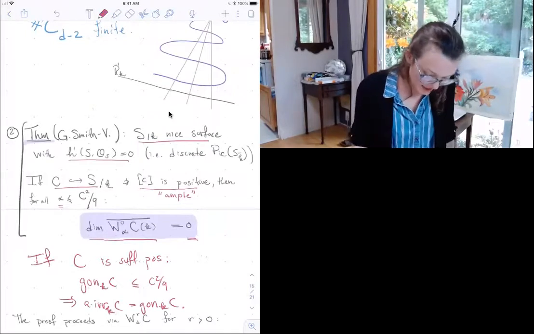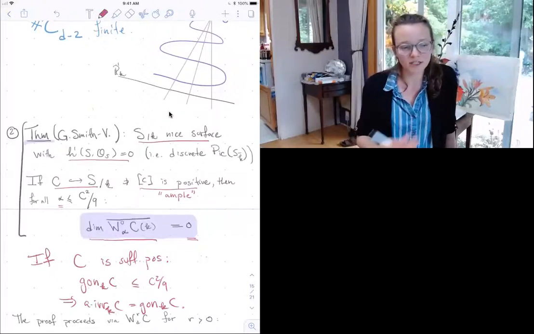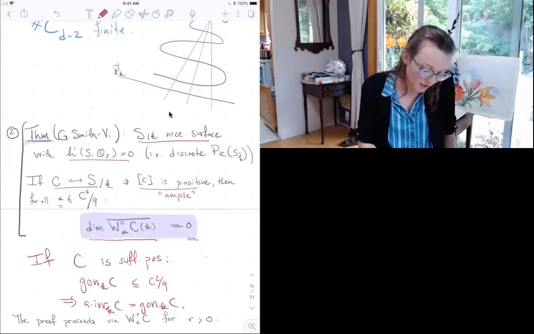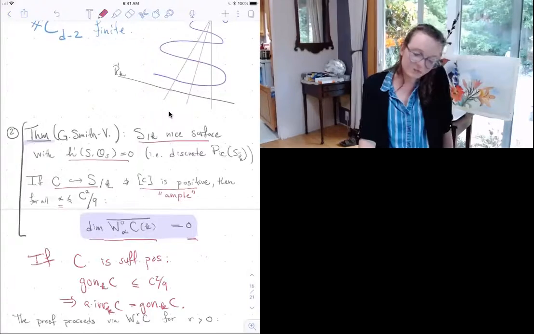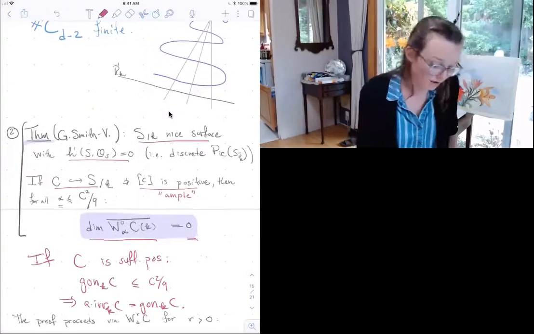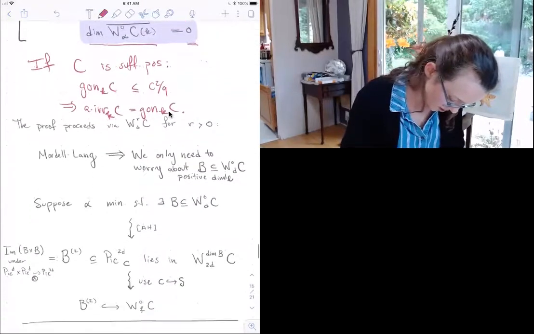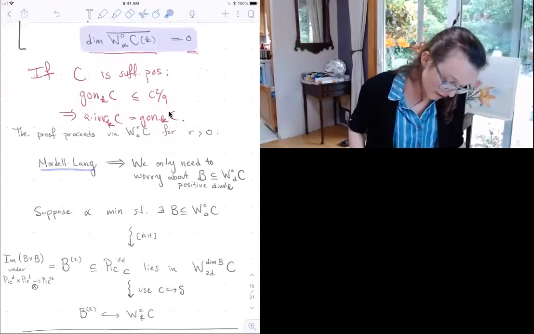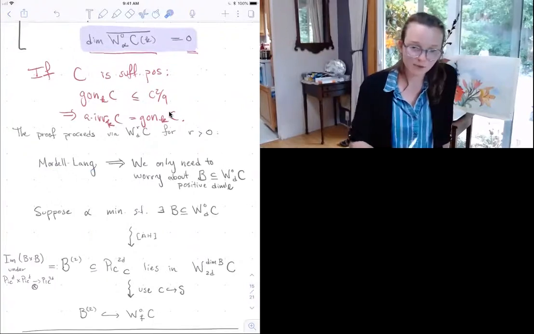Okay, so I'm not going to sketch the proof for you. I just want to show you the circle of ideas that go into the proof, because I'm proving results about W^0_alpha of the curve, but I'm going to proceed via W^r_d of the curve for r greater than 0. And I'm going to play these different Brill-Noether loci off of each other. Okay, so by the Mordell-Lang theorem proved by Faltings, we only have to worry about, the only possible Zariski closures